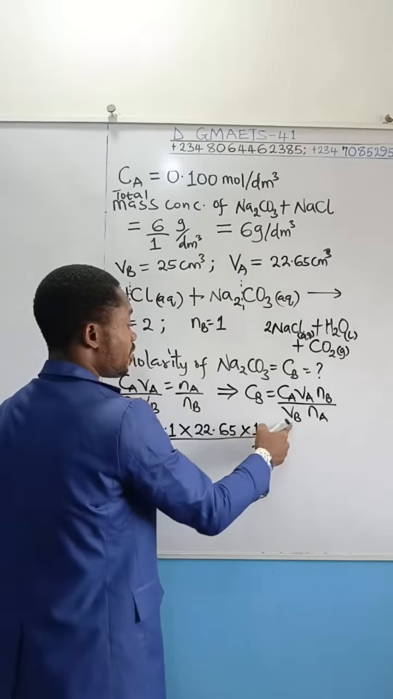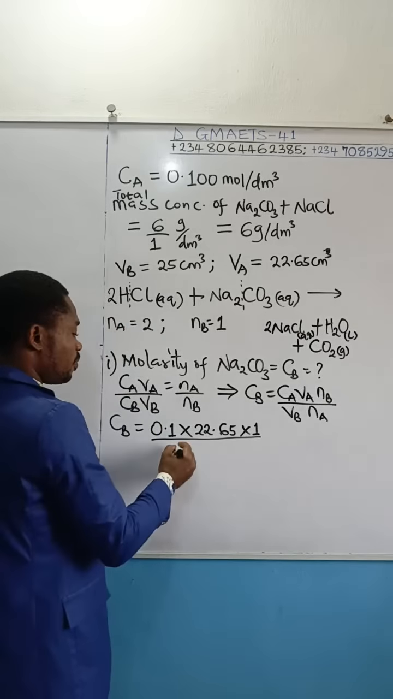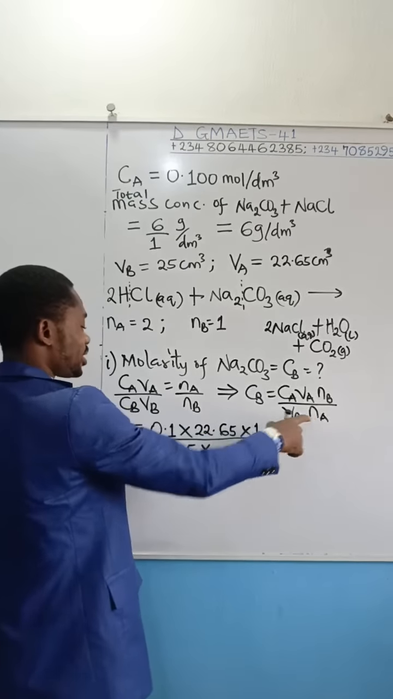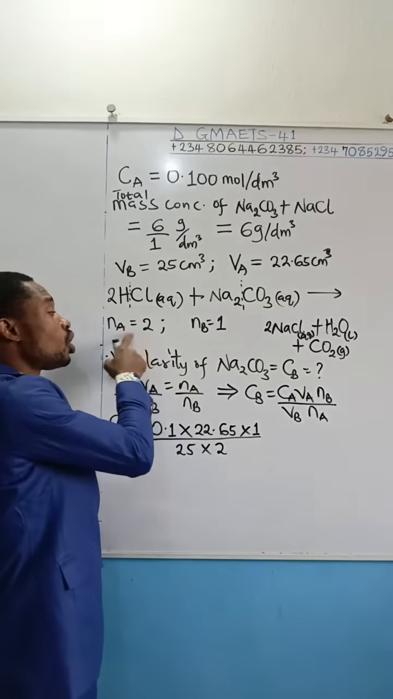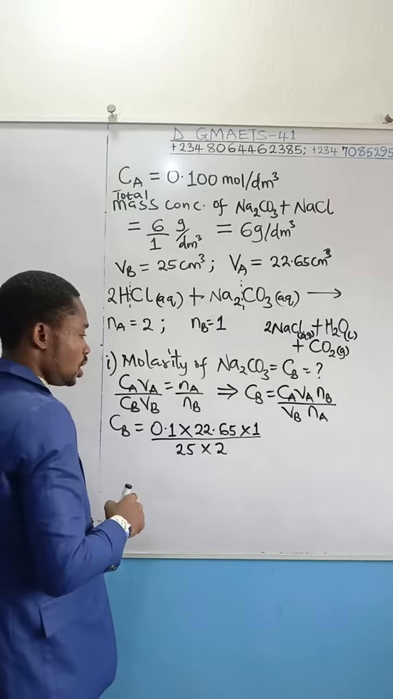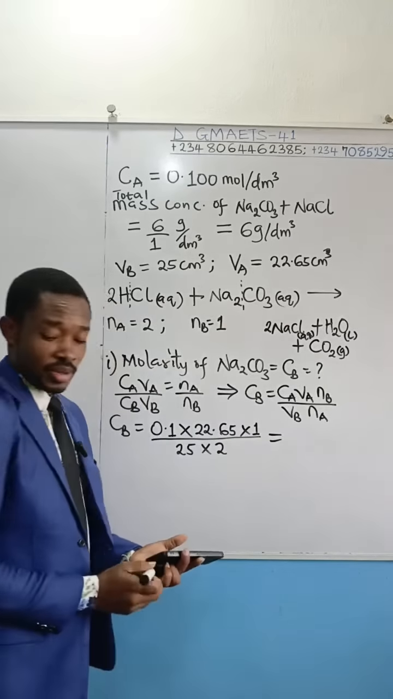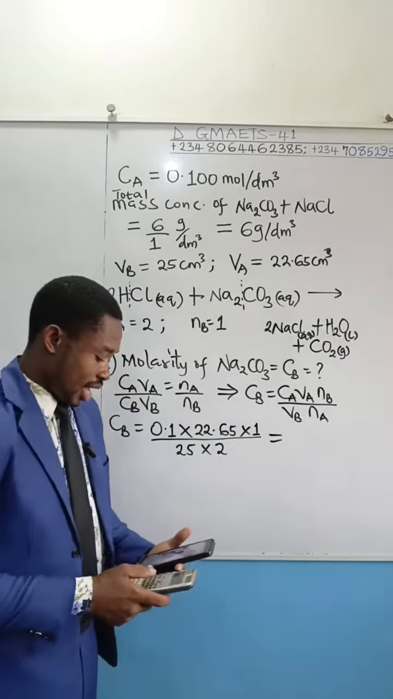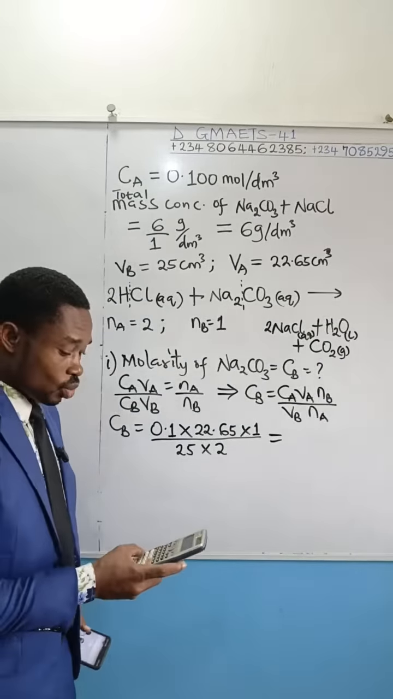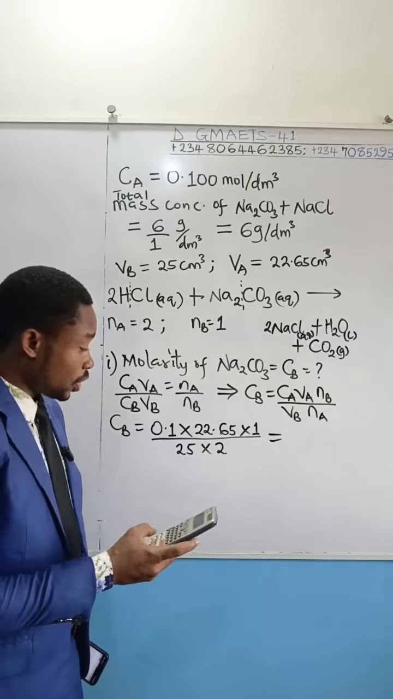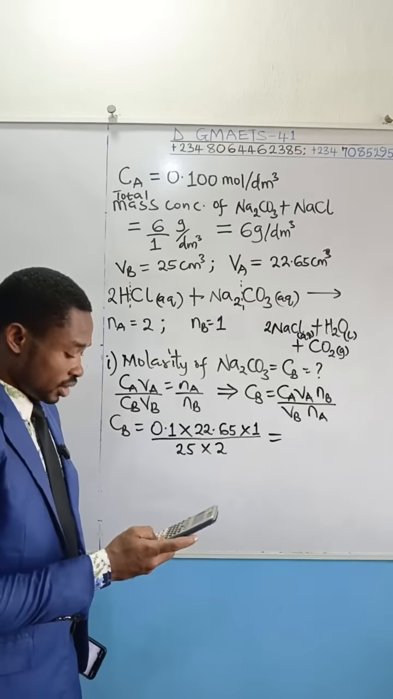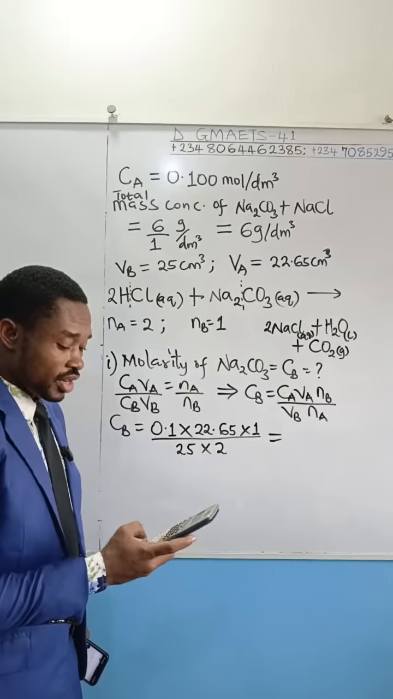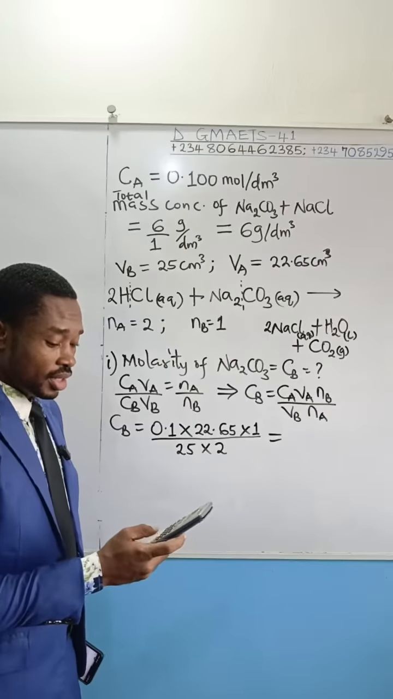Divide this by volume of base. Volume of base is 25 times mole of acid. The stoichiometric mole of acid here is 2. So with this, you see clearly that our Cb is going to be equal to, all we have to do is to multiply this out. 0.1 times 22.65 times 1. Then divided by, the denominator is already 50. When you do this, this gave